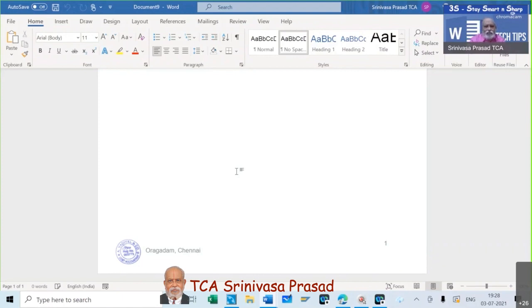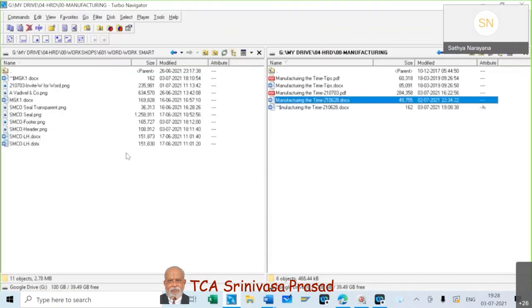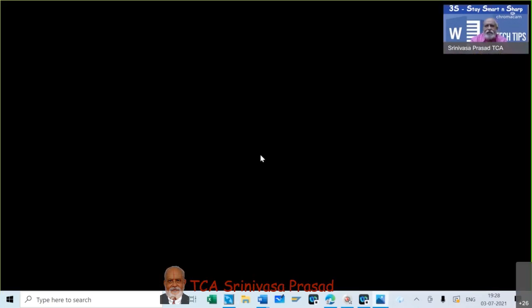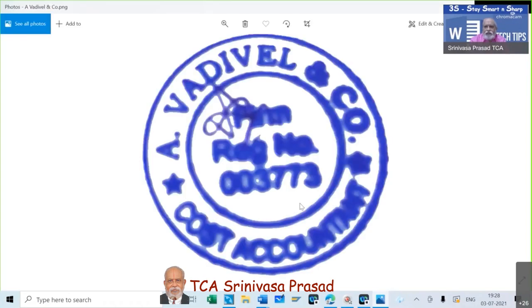So this template gives you, and there is some software which I will send you in the follow-up email to all of you who have attended. I should thank Mr. Gopalakrishnan. He has given me this software. I was using some other software which Mr. Vadivel had sent to me. I'll show you Vadivel's; if you look at it, this is what he had sent at that time.